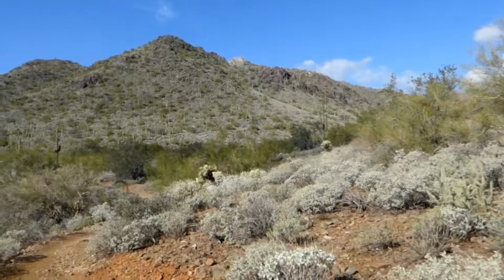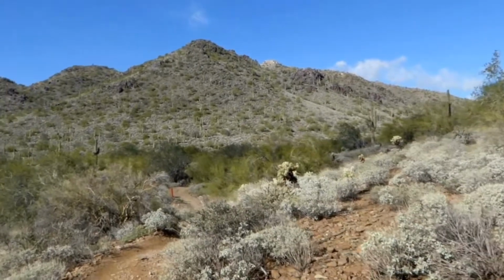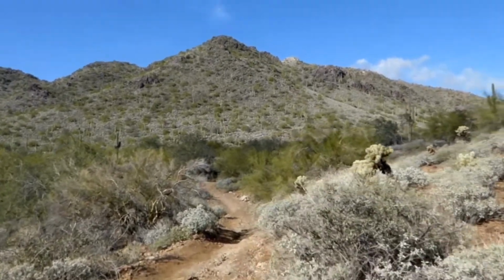Took another picture. Way too many pictures for this trail, but I am testing my camera, so